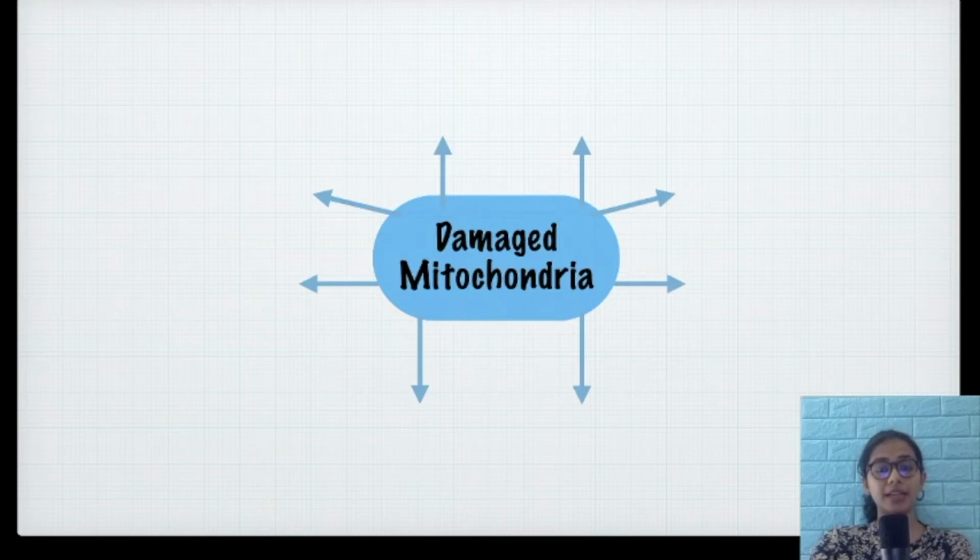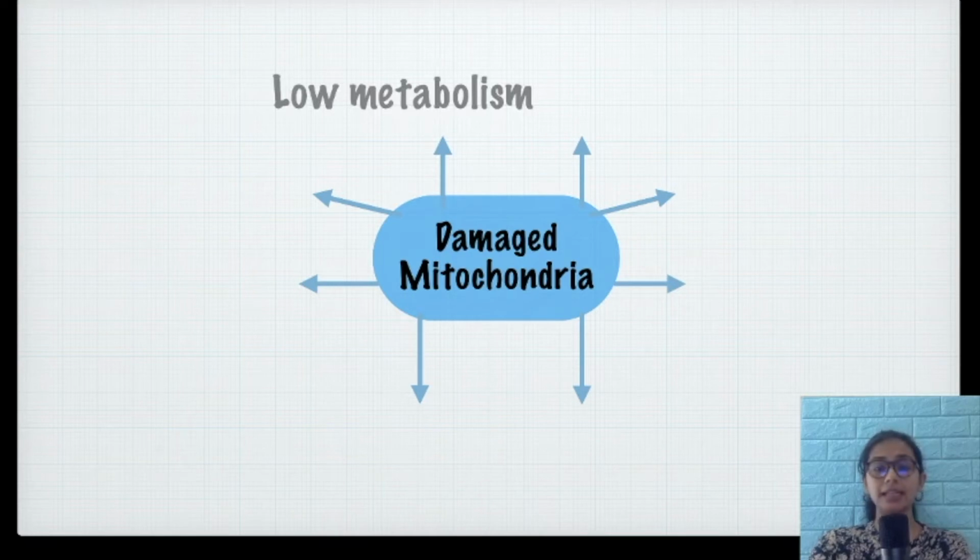More and more mitochondria in our cells, in our body, get damaged. So what happens eventually? A lot of symptoms and diseases develop which can differ in their severity. Sometimes the symptoms are mild, but it can also be severe and often life-threatening as well. Right? So depending on that, there are many effects of damaged mitochondria, which starts with low metabolism. That means our digestion slows down to a large extent. So this can result in obesity, diabetes, whatever.